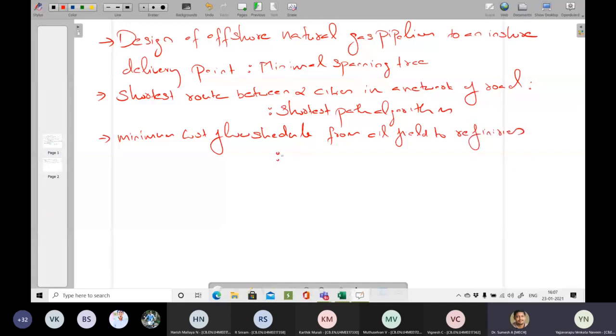Your objective is that the cost should be minimum. How is it connected to refineries? Through a pipeline network. The algorithm you can use is the minimum cost capacitated algorithm.